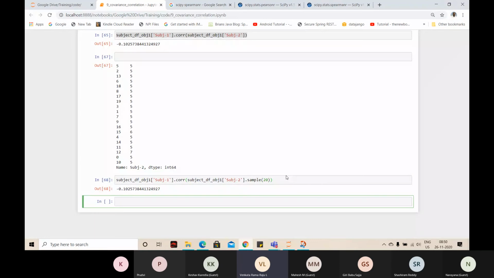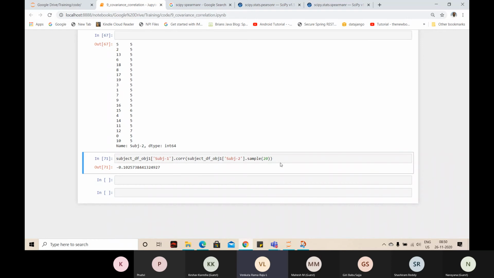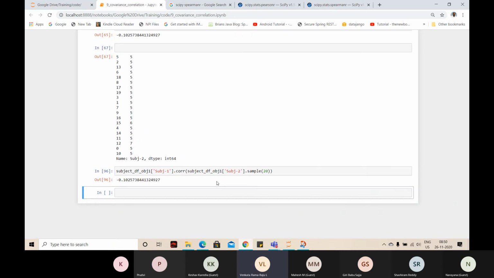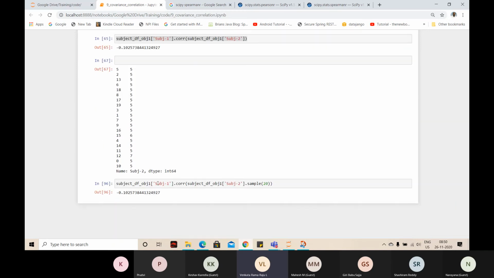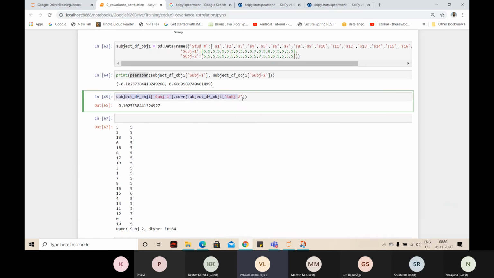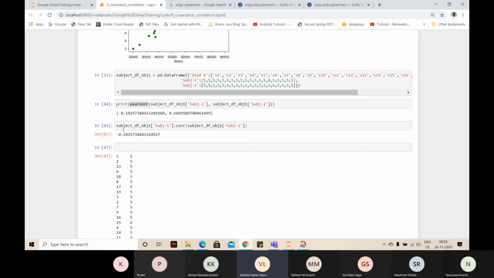So I'm going to check the correlation. Even when I am shuffling the data, the correlation is not changing. See that? Any questions there? In this particular data, even when I shuffle one column and fix another, I get the same correlation coefficient. That means whatever correlation coefficient I got here is not significant. When I shuffle the data and calculate the correlation, if it comes out different, that means it is significant.